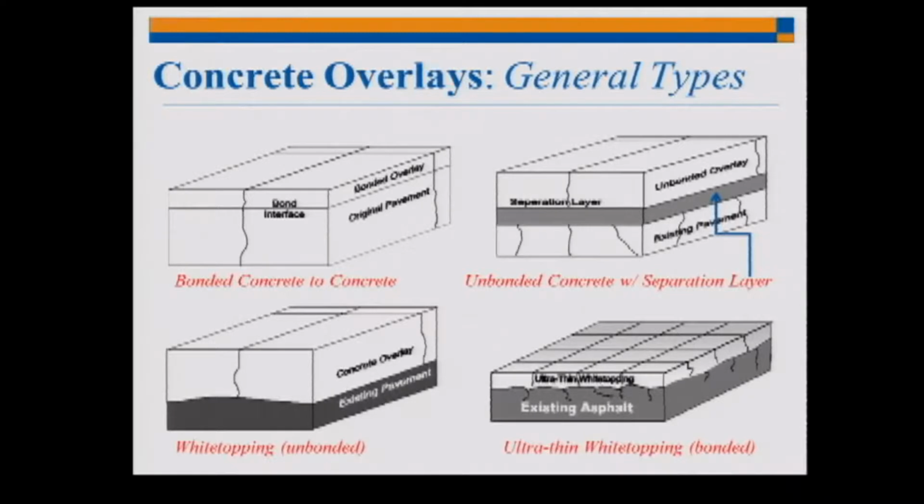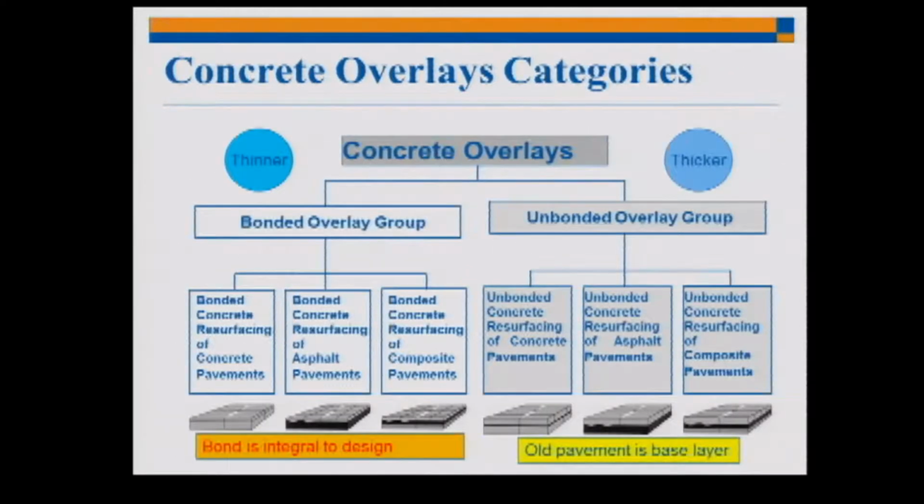Mostly we'll cover this one because it has the largest potential, at least in the US, it's growing quite rapidly because it can be used on lower to medium volume roads, which is most of your road network. So if we look at all the categories kind of organized in this flow chart, you can think of,